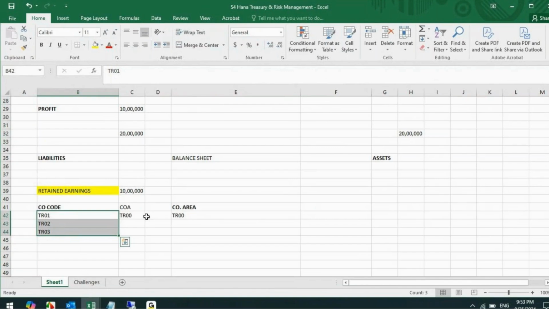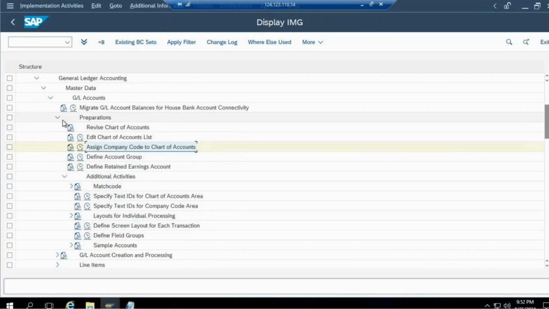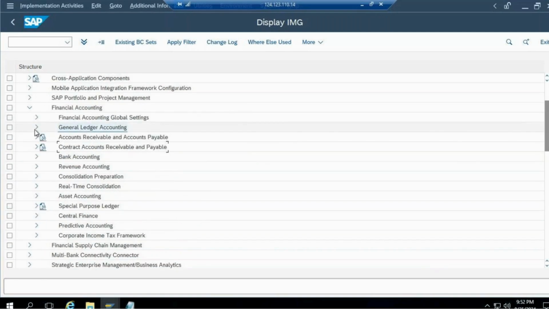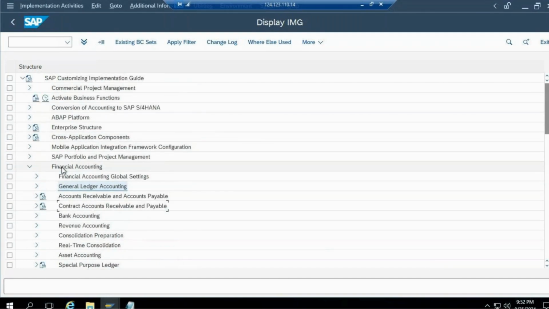My common chart of account will help me get a complete consolidated financial statement from the TR01, 02, 03 companies together. If I do not do that, then I have to extract the financial statement from each company code and then merge it in Excel for these 3 company codes, which I don't want to do. So I have changed my chart of account because of this scenario to this one, a common chart of account, and now I'll go to the enterprise structure